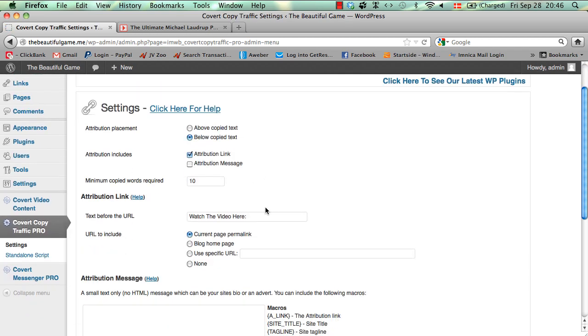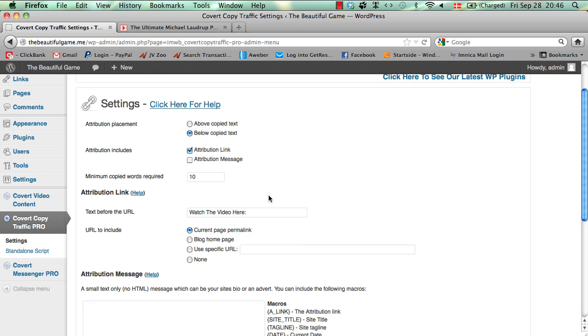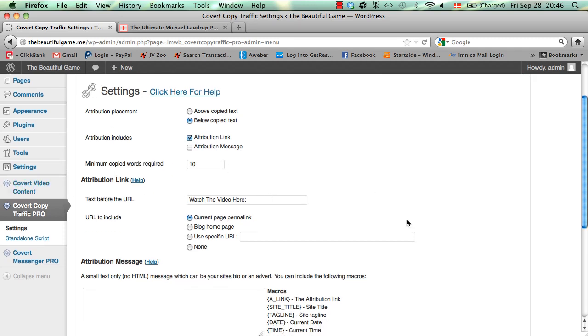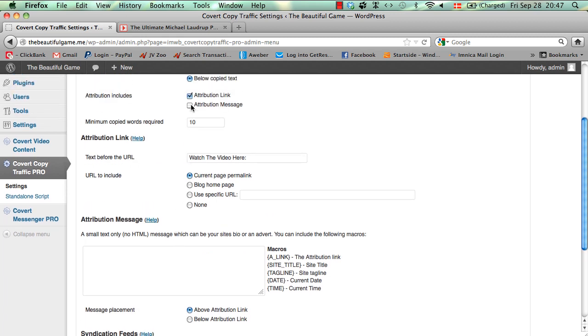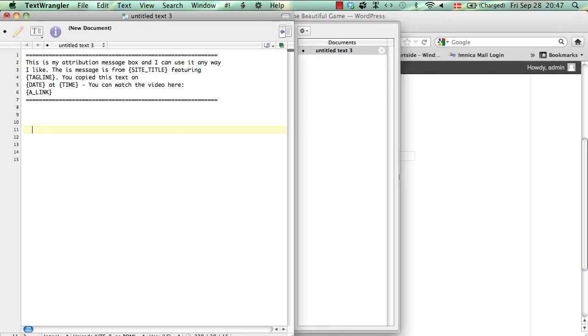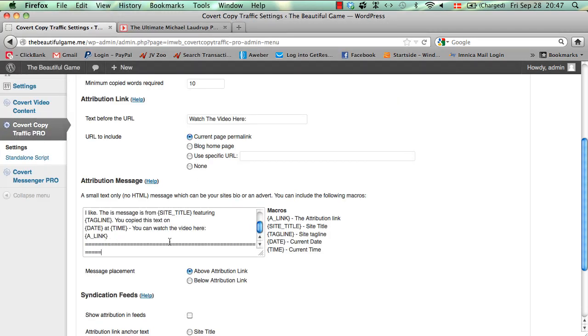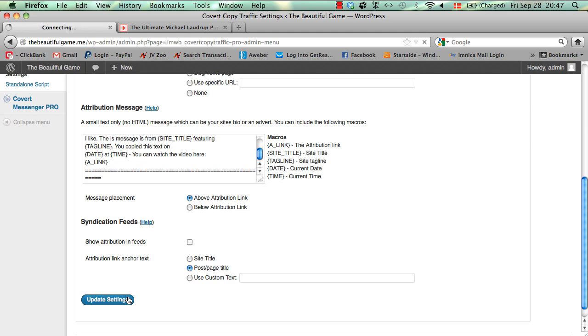Now, if you watch the video on the first page, you'll notice that this section here is the same. So the stuff that's in the standard plugin is obviously also included in the Pro version. But then you have the option to use the attribution message here. That was the first thing I showed you, and you can use it either on its own, or together with the attribution link, or just use the attribution link. Right now I'm just going to use the message, and I prepared one in advance here, and I'm just going to paste that in, and that was the one you saw in the screenshot. So if I paste that in there and update my settings,